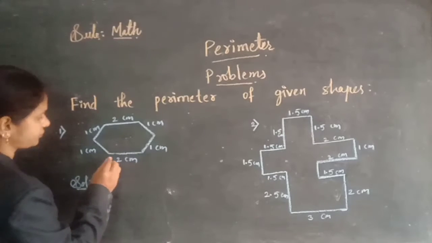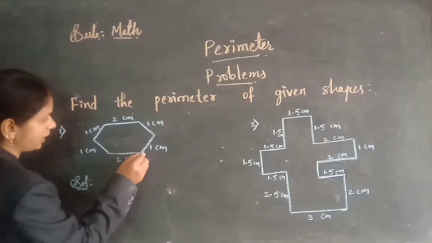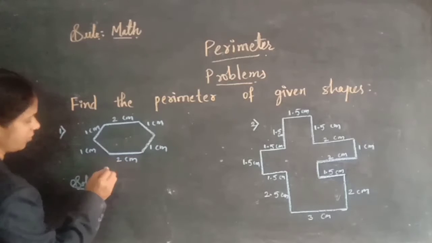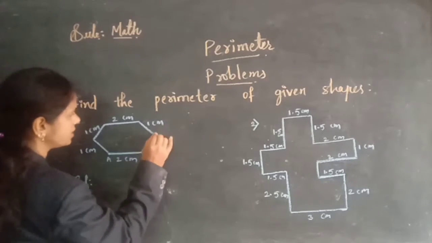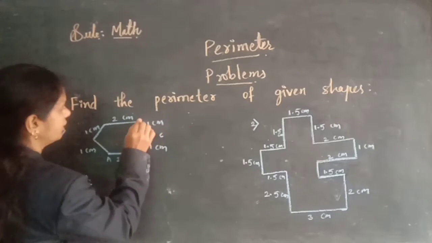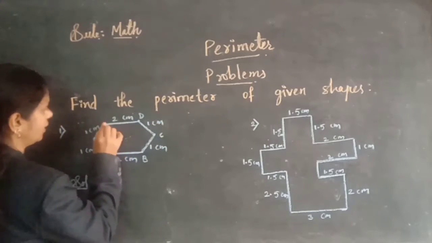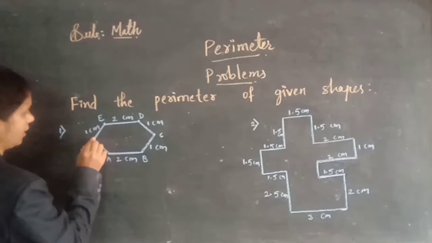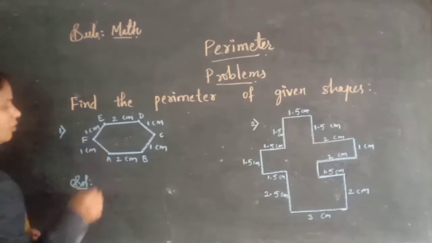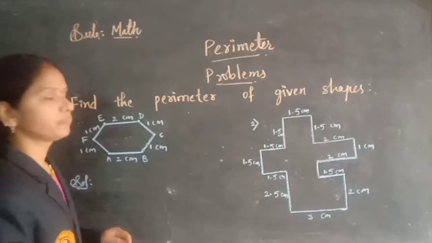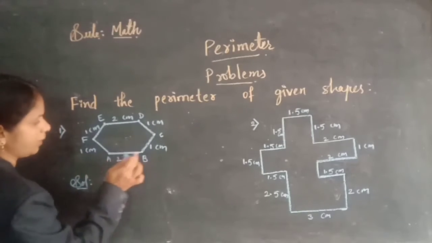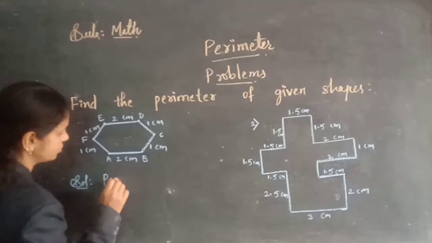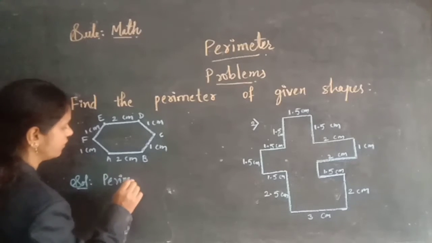See here. Here I am taking this point as A and this point as B and this point as C, D and here E and here F. Now perimeter means what here? Length of the boundary side. Here, boundary side, perimeter is equal to, for the given figure,